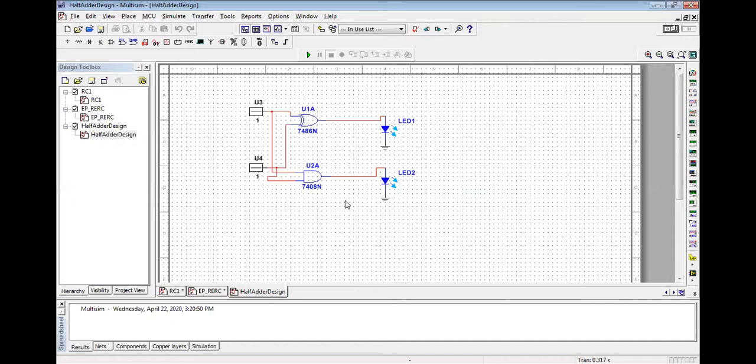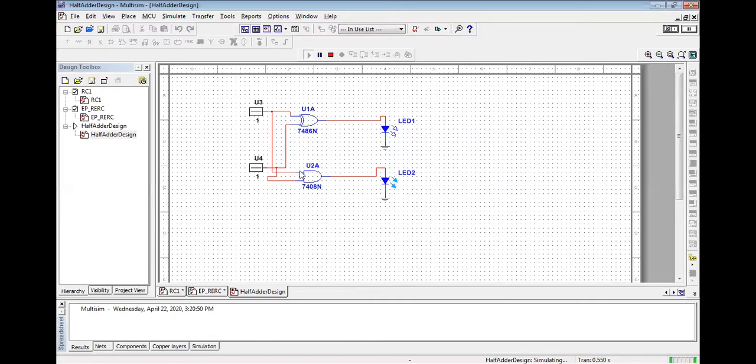So what will happen if I want to test the 00, 01, 10, 11 truth table of the half adder circuit on the Multisim platform? Definitely I can test it. You can see if I play this circuit, the LEDs are on. Which LED is on? You can see this LED number 2 is glowing right now. Why? Because the output of the AND gate is 1. When both of the inputs are 1, you can see over here both of the inputs are 1, so here we have 1, and the LED will be on.